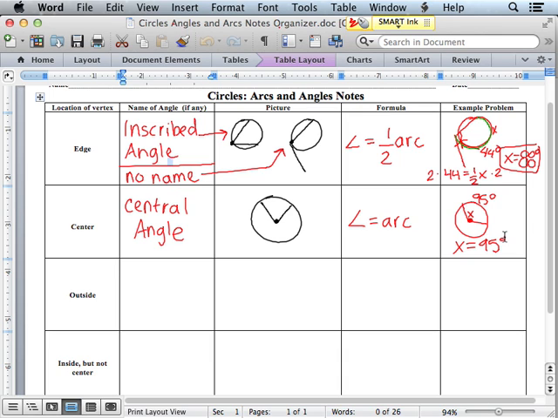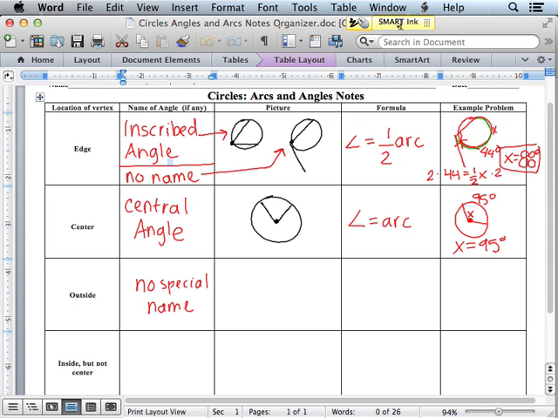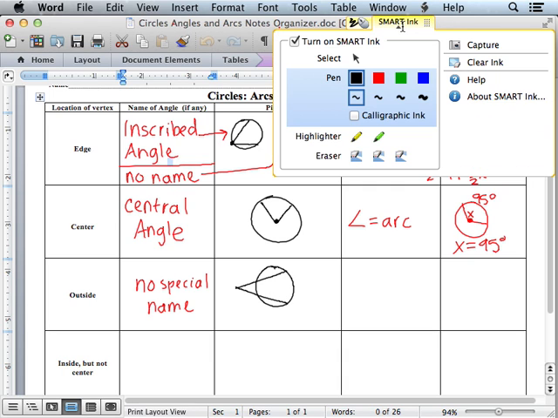Now, the vertex is outside the circle. There's no special name if the vertex is outside the circle. But the picture looks like the following. Okay, something like this. Now, when you're dealing with